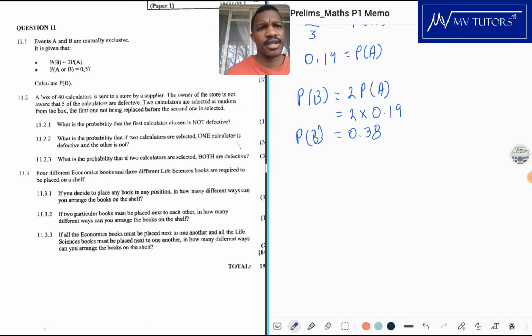Calculators are selected at random from the box, the first one not being replaced before the second one is selected. Now this is very important information: when they take it out, they don't replace it, it's just gone. Okay, so now it says